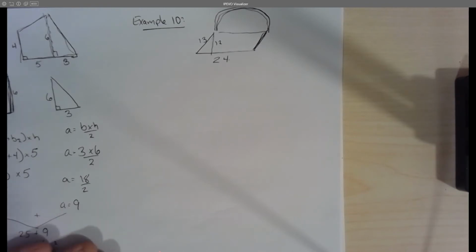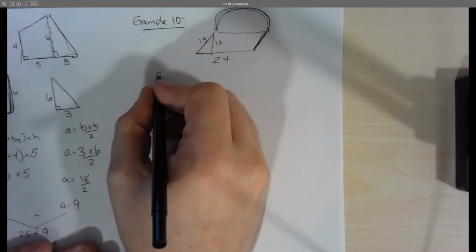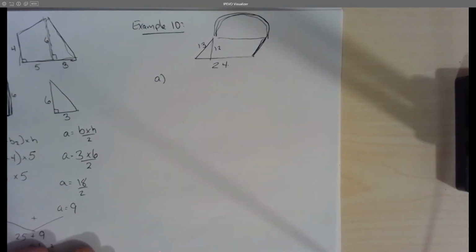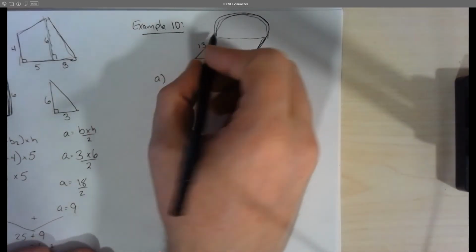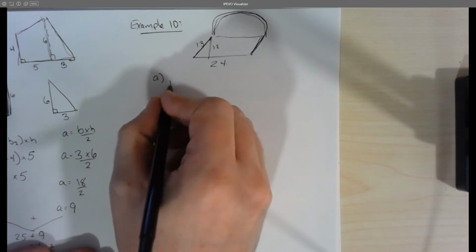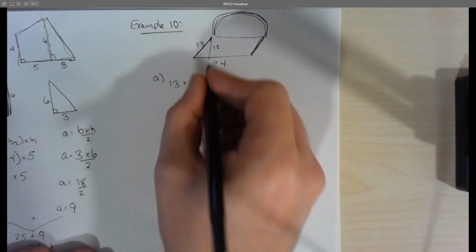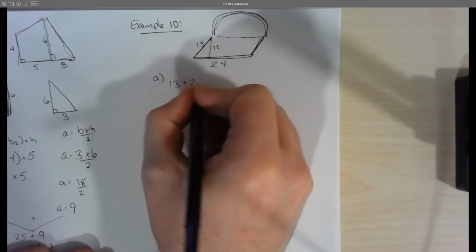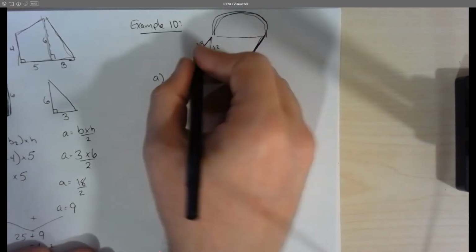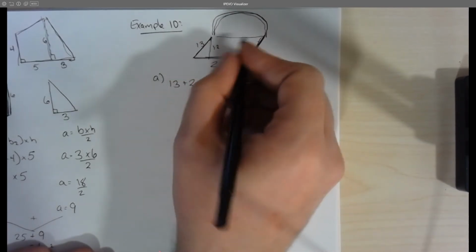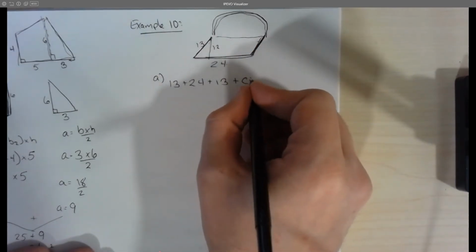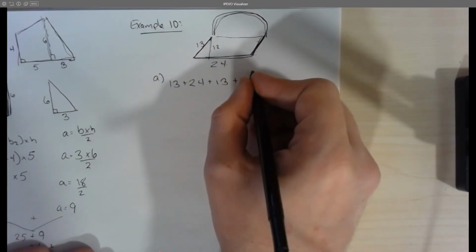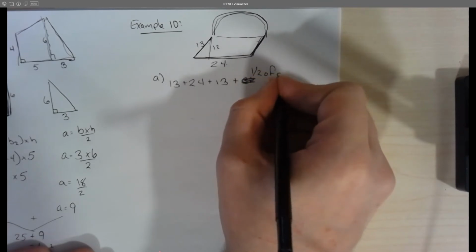So first things first, this is broken up into multiple parts. Part A asks us to find the perimeter. Generally, perimeter is easy. We just add up all the sides. And we can start to do that. We can say that this is 13. So I'm going to say 13 plus, this is 24, 24 plus, this is going to be the same as this. So they're the same. So plus another 13 plus the circumference. So plus 1/2 of the circumference